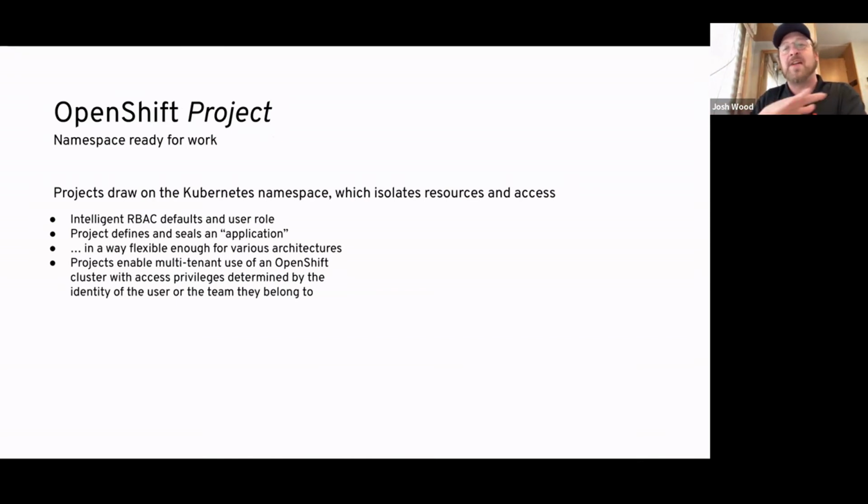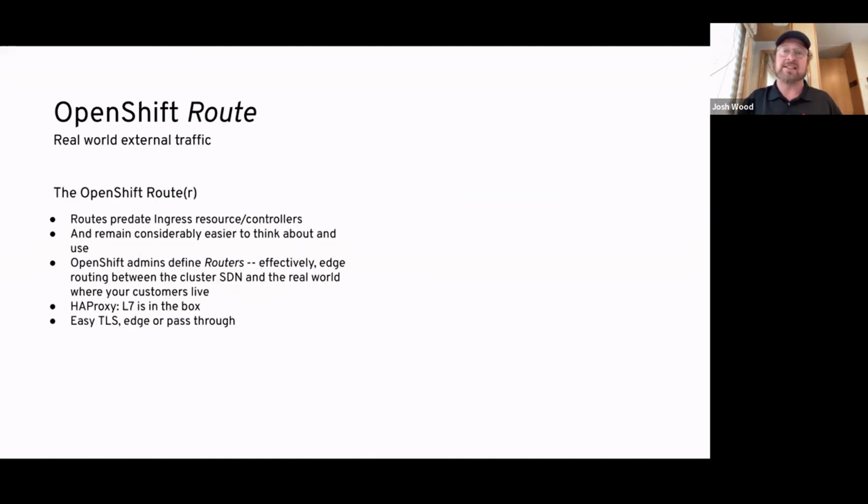Whereas the Kubernetes namespace is the abstraction and the right generalization you need to build that stuff atop it, but none of that is defined out of the box. Those are all second-day concerns you'd have to answer if you were starting at zero from Kubernetes. So I think the project illustrates how OpenShift abstractions relate to the core Kubernetes abstractions. Likewise, I think the route, which we've described and which I've spelled out a little bit more on these slides so you can have some reference to them after our session,